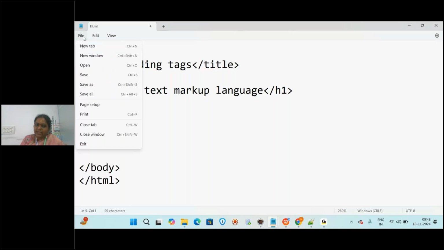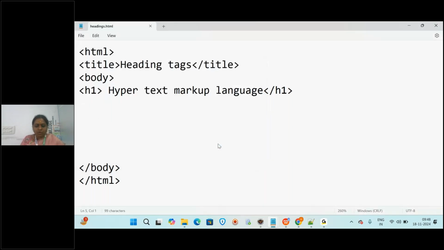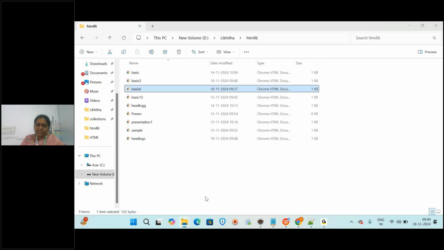Now I am going to save this. Go to File, then what? Save As. See the folder where you want to save and give some file name. I'm going to give headings.html and click on what? Save. Now go to that particular folder where you have saved it, headings, and double click on that.